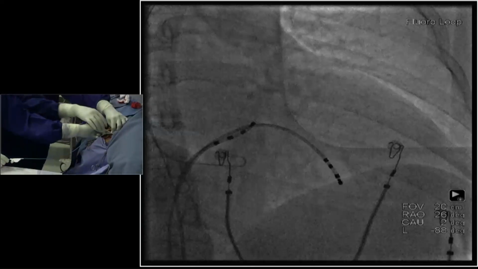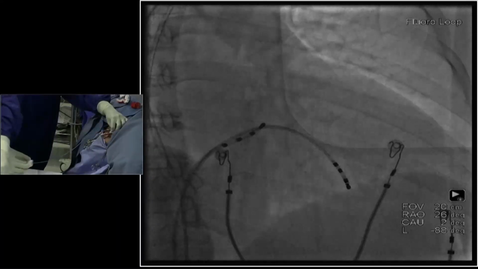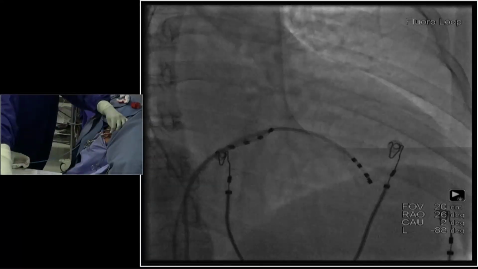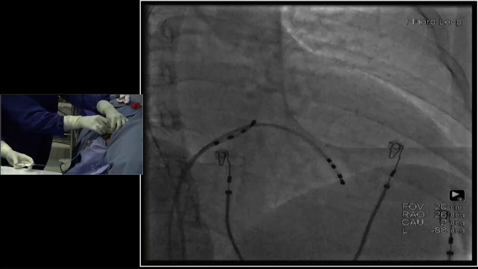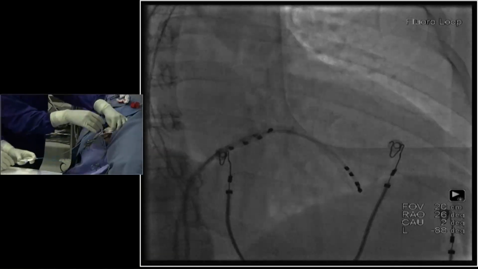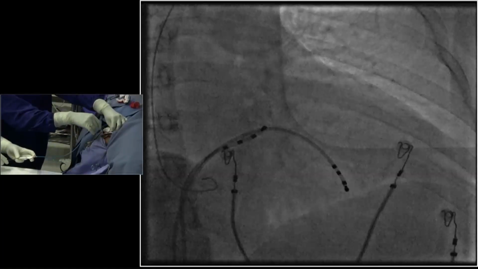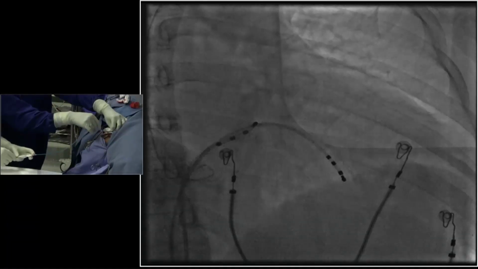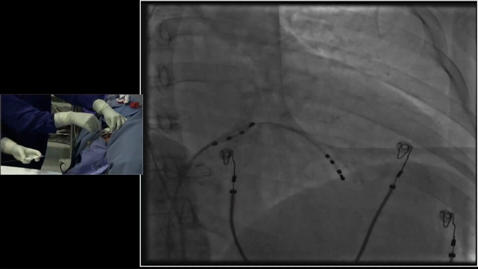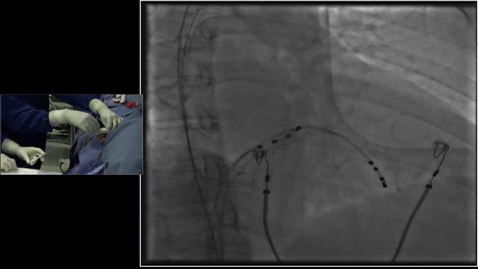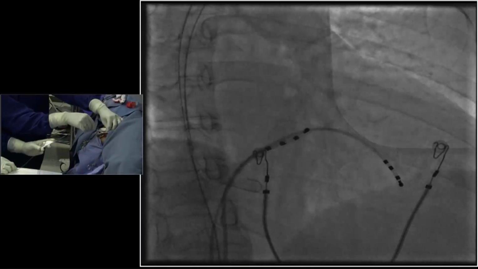The patient is a little bit sedated, so you have to be very careful not to allow the patient to suck in air. So always try to keep some wet gauze over there so that even if the patient breathes deeply, there will not be much air entering into the pulmonary artery. Can you show the right atrium also? Yeah, that's good. So I'm going in the RAO position now.